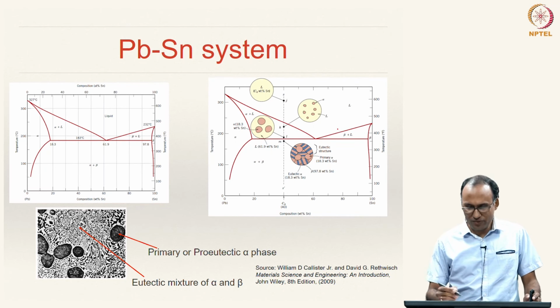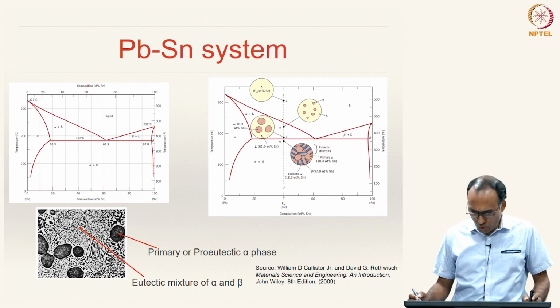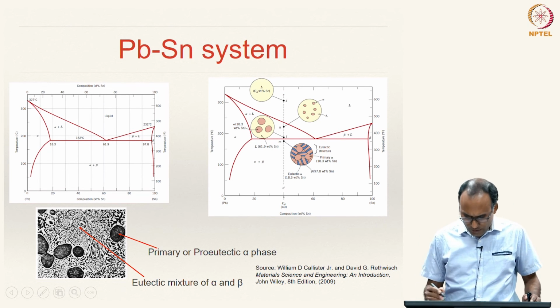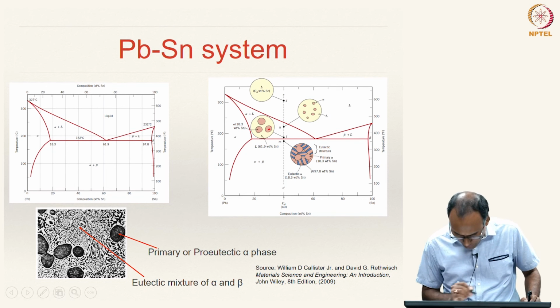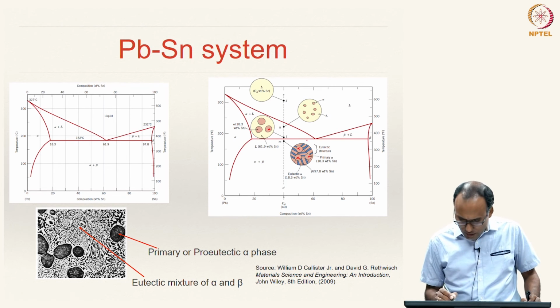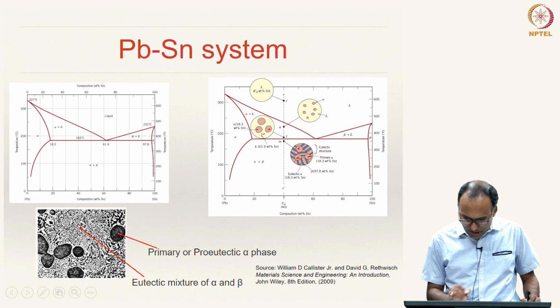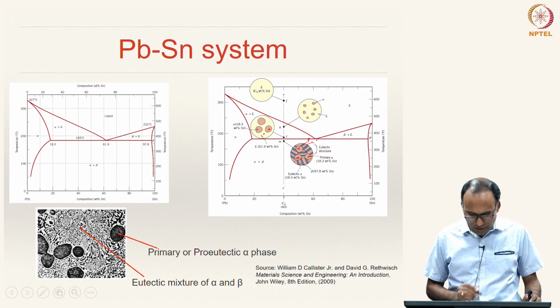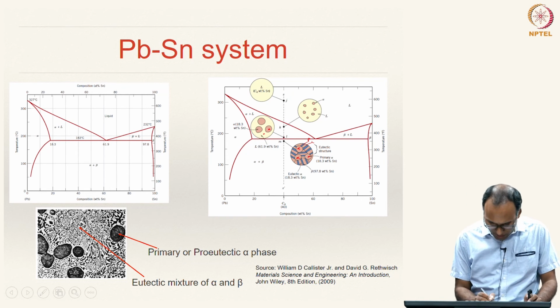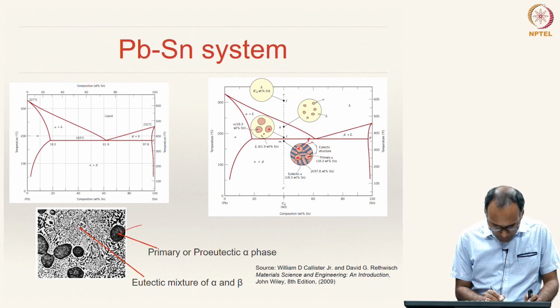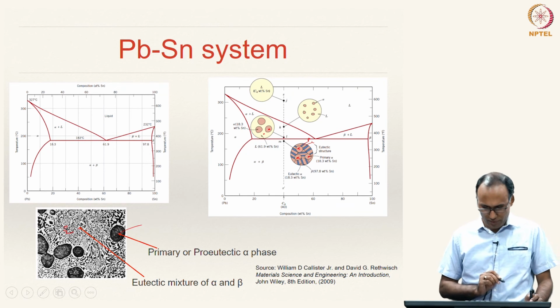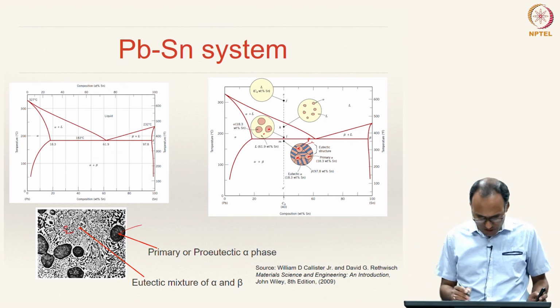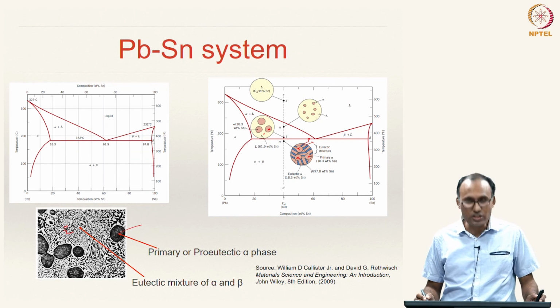And what happens, this is like our alloy type 2 that we have discussed so far, and you will have proeutectoid alpha, this is proeutectoid alpha, and then at this position the remaining liquid, the yellow portion, will form alternate layers of beta and alpha. This is our beta and that is our alpha, right. So, if you look at the microscope, you see this proeutectoid alpha and eutectic mixture of alpha and beta, and obviously you can calculate all the weight fractions by drawing the tie line and using the lever rule.